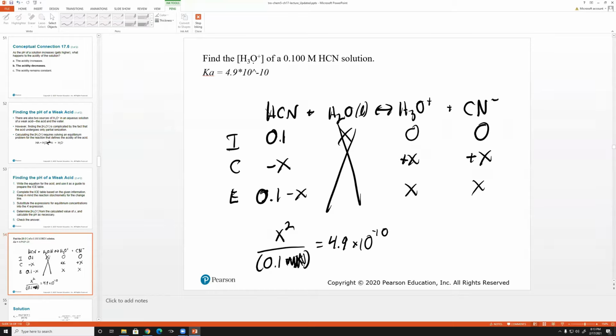If you have a small Ka and a really large initial concentration, that means you're basically taking $1 away from Bill Gates. It's going to be negligible. So we can make it nothing. So the equation you're solving for is X squared divided by 0.1 equals the Ka. And exactly, you're right, Christina. Good job. And Rebecca. Okay, so then you multiply that, boom, boom, you get X, and what is X going